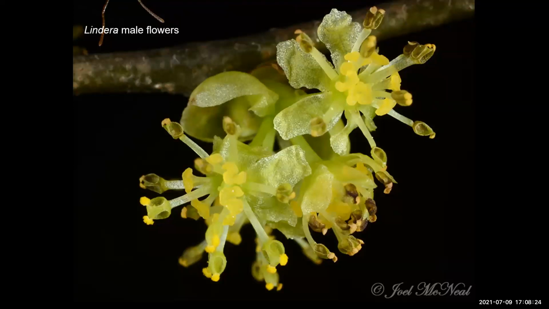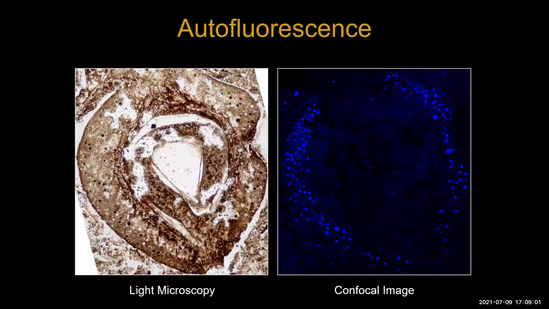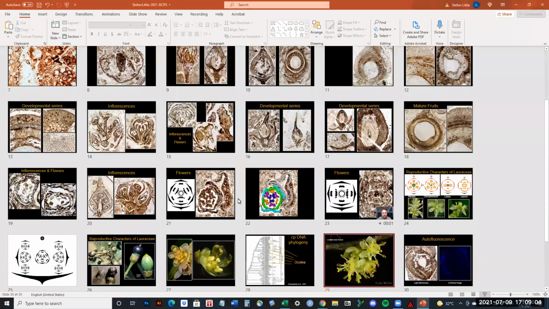We have a lot of information just from a few little traits, but you can see, sorry, this is Lindera. It has two sporangia and it's dioecious, so it has male and female plants. And this is a male plant, and you can see these extra triangular extensions, and these are those staminodes. And Lindera can be dimerous to 16-merous, right? So just in that one genus, all the variation that we see in our fossil fits in that genus, and ecologically it fits. So that's why I framed it that way in the abstract. And that's it. A little overtime, but